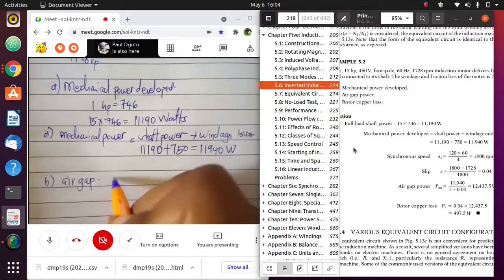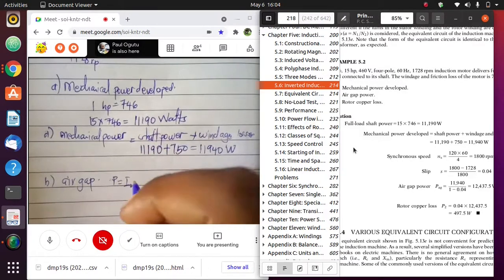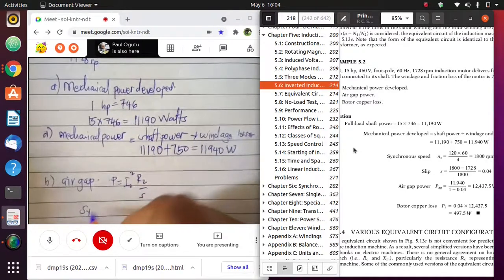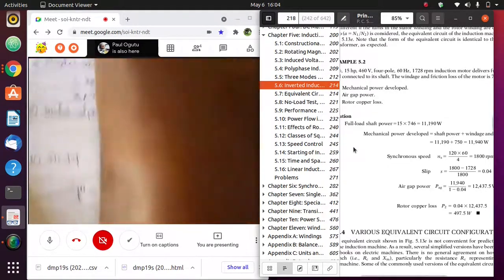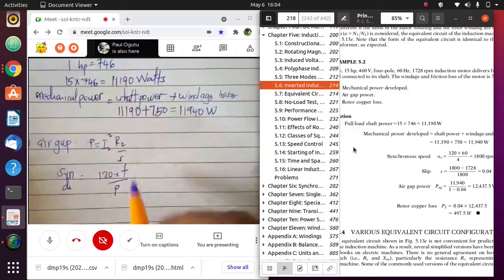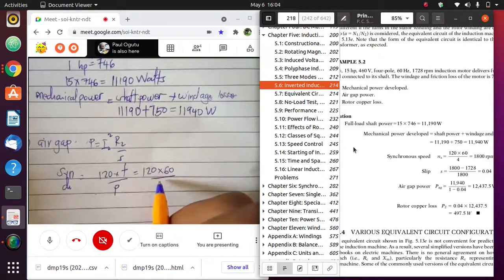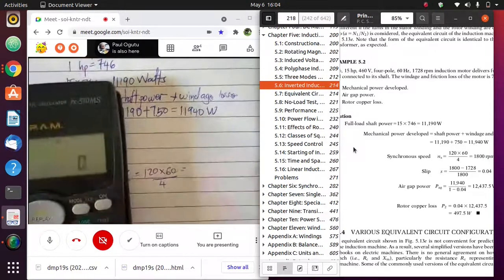Air gap power is given by I2 squared R2 over S. Now we have to, so what do we do? So synchronous speed will be given by 120 times F over P. We have to look for S, the slip. We don't have the slip in this case. So 120 F over P. So the synchronous speed is 120 times 60 divided by P, which is 4, to give us